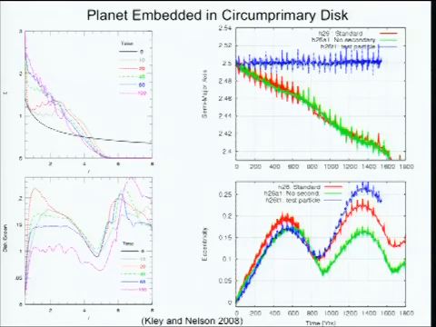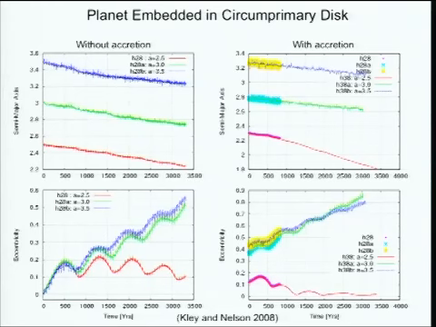So this was another complication. In the previous simulations that I showed, they didn't take this into account, but once you take this effect into account, then the growth becomes even more complicated. This is another simulation by Clay and Nelson. It basically shows that depending on where the object starts, these are 3 runs of the same type of protoplanet at different places in the disk, with and without accretion, and depending on where they start, they may result in collisions, fragmentation, or accretion, depending on where the object starts and how its eccentricity changes.